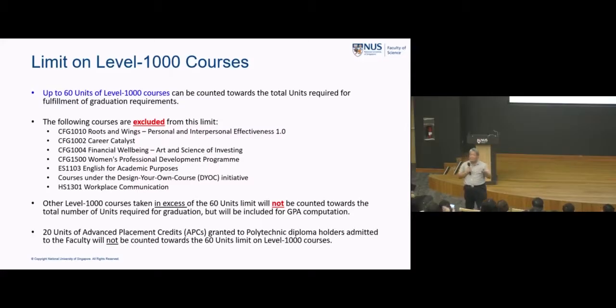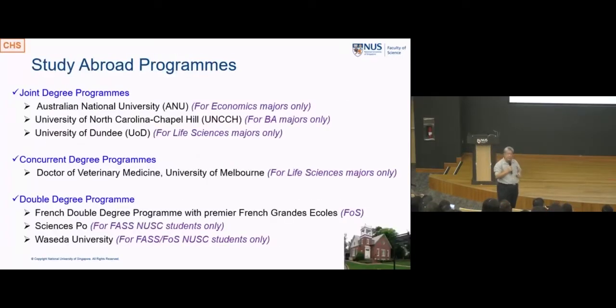So if you've taken, say, 8 units more, you may have finished with 168. The grades that you've taken will count, but the units will not count. So be careful about this. Be wary about not overtaking too many 1,000 units, yeah? But of course, we will exclude some of these things in the calculation because some of these are enrichments, so we won't count them, okay? So just be careful about this.